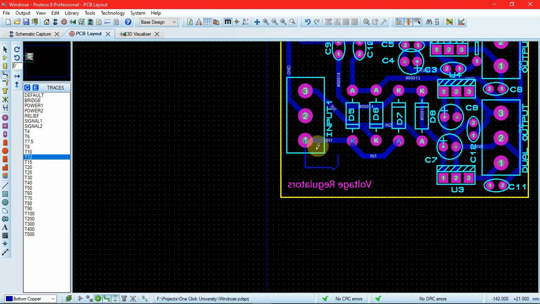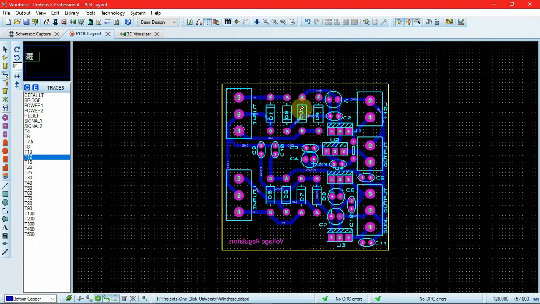So this is how we can set the design rules before making the traces, and these can be applied globally throughout our PCB designing. So in the next video